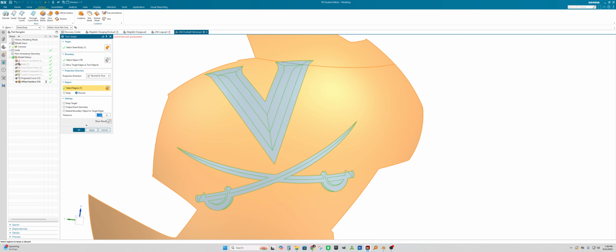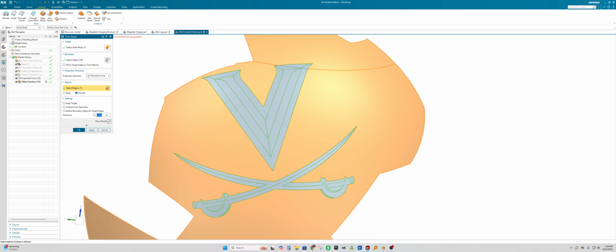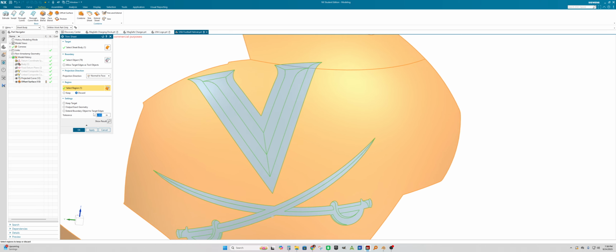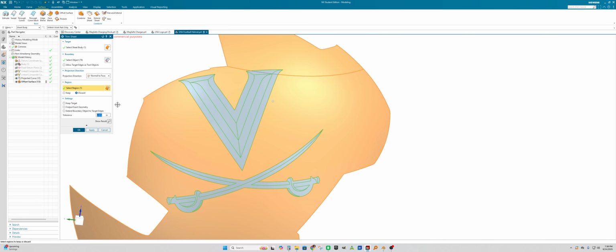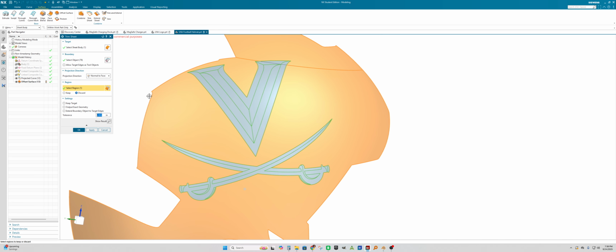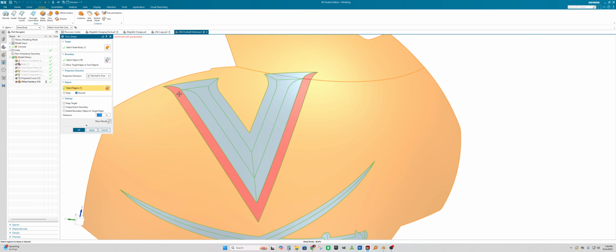Okay, change the tolerance. This is kind of like a band-aid. It looks like it's going to work, but it might rear its ugly head later, or it might be fine. I'll just go with it. So that looks good there. But now what I'm going to need to do is